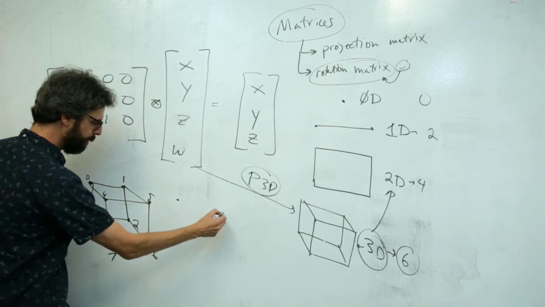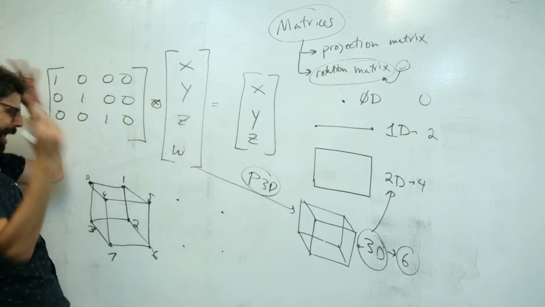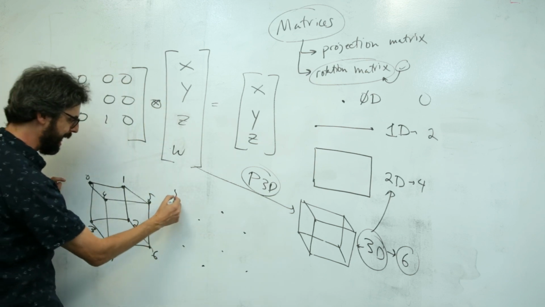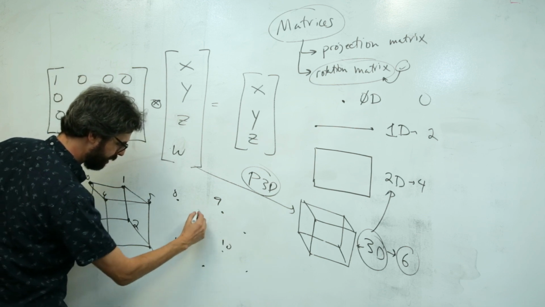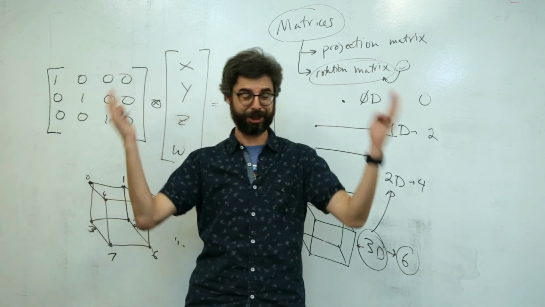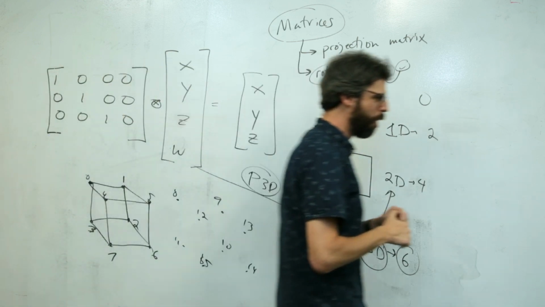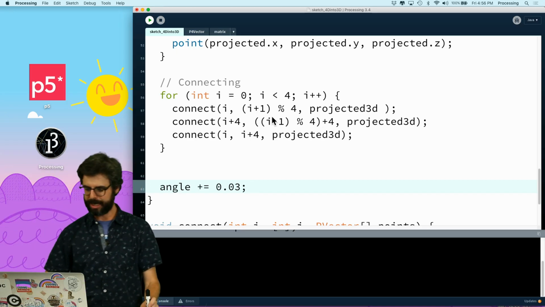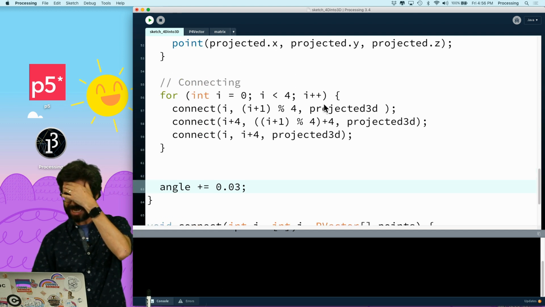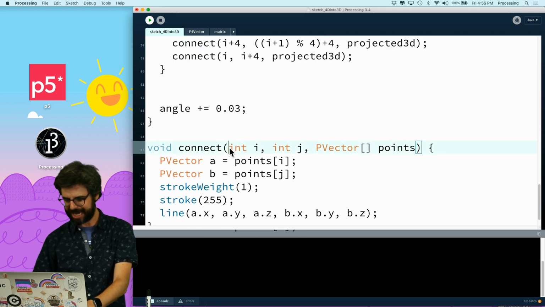If I have another one, basically, you know, it's along the four-dimensional axis. I don't even know where to draw that. So first of all, its points start at 8, 9, 10, 11, 12. And somebody watching this will give me some nice suggestions about how to completely refactor this in a better way. But you can see now I just need to connect these. So the way that I think I'm going to approach that is I'm going to add another, I think if I just add an offset, this is kind of silly,